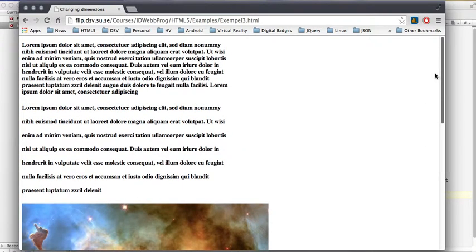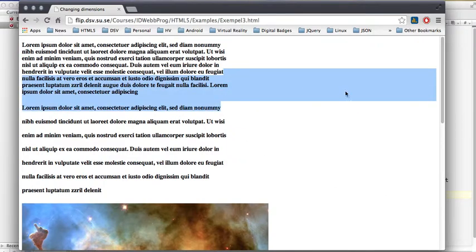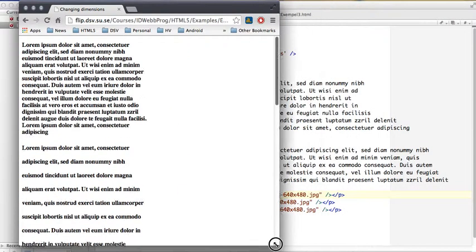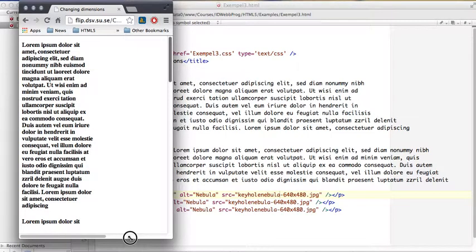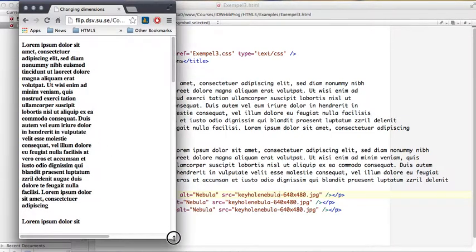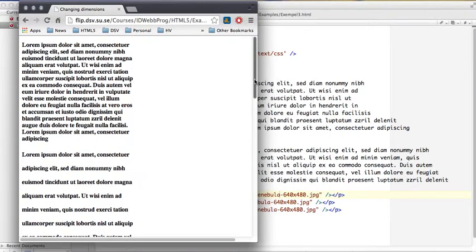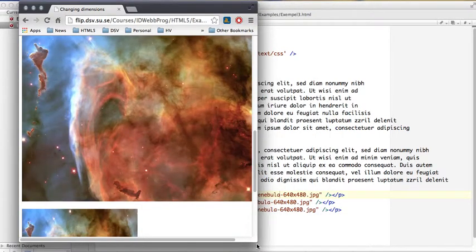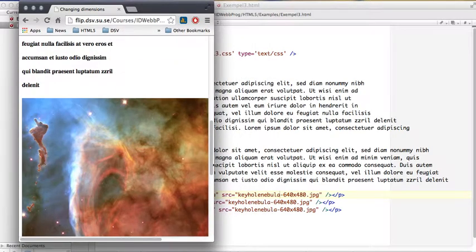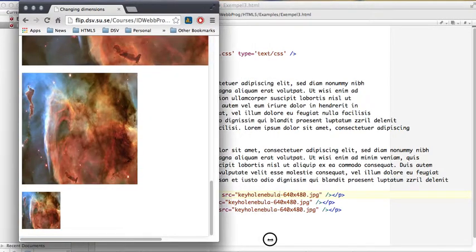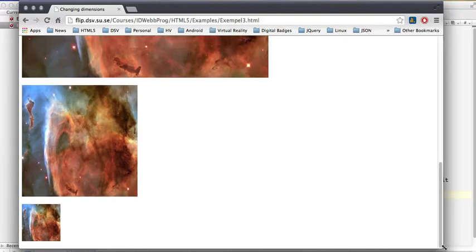And then the auto was this one, but then the 50%, as we've had here, is that we see that 50% of the screen is how much room it's taking up, so it becomes responsive. As I adjust the size of the window, we still have 50% is how much it's taking, so it adjusts accordingly, whereas the images were fixed in size, so they don't adjust in size. We get scroll bars instead. So as usual, copy and download the code and experiment with this, changing dimensions in